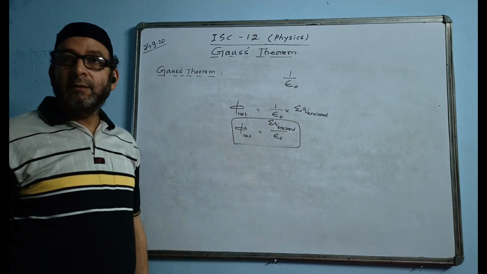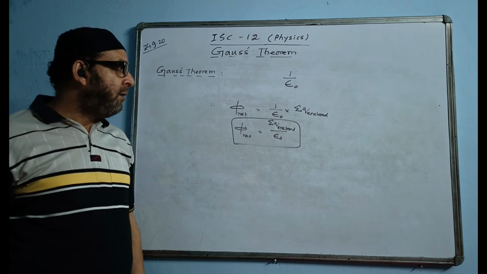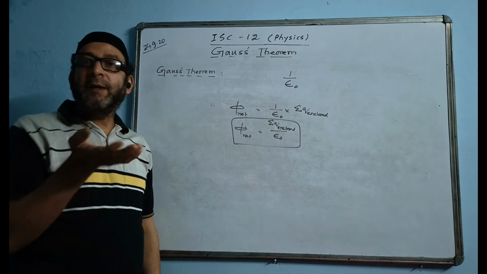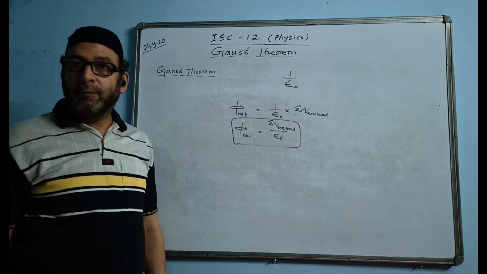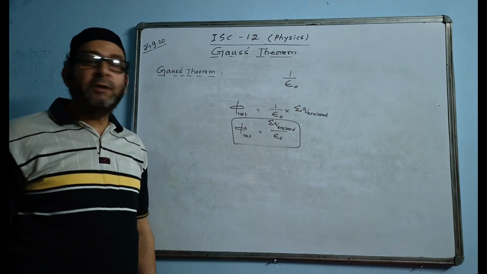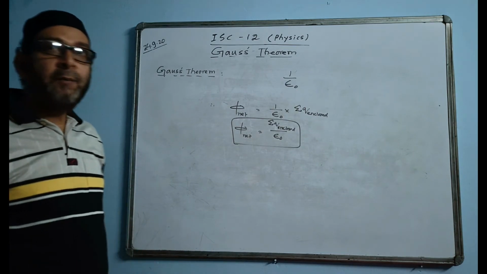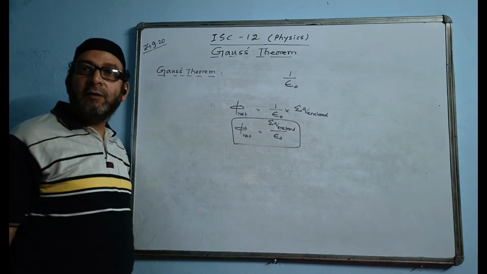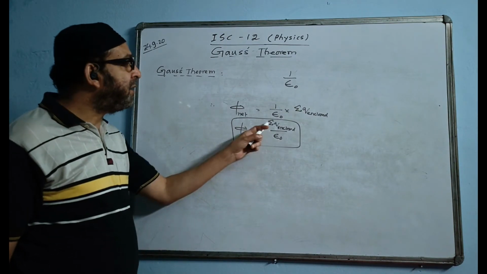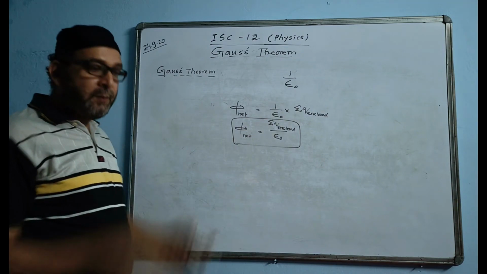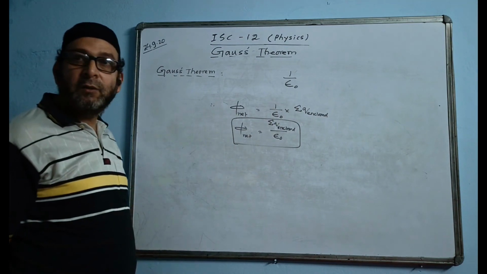So we are using Gauss theorem. This question had come in ISC once. They were asking a dipole is placed in a closed cube, what is the flux emerging out of the cube? The direct answer is 0 because a dipole has two charges equal in value but opposite in sign, and here you are taking the sum of all the charges, simple addition. Plus q minus q, the answer will be 0.